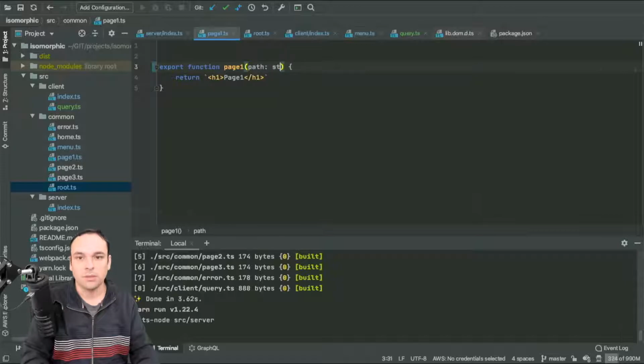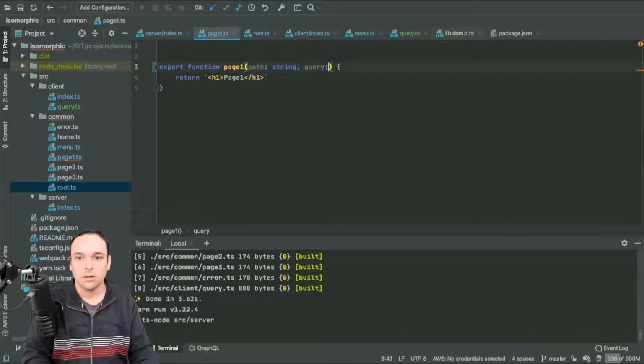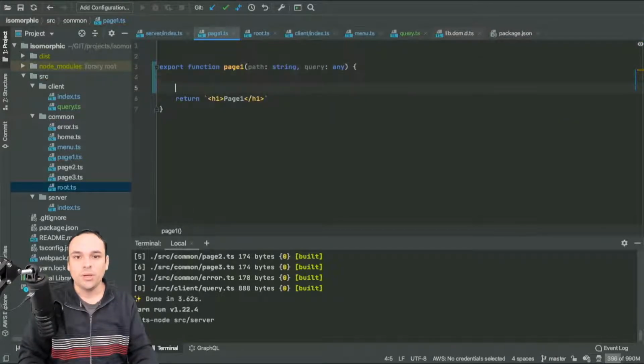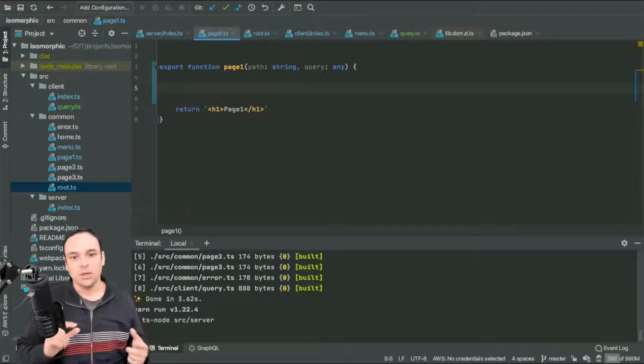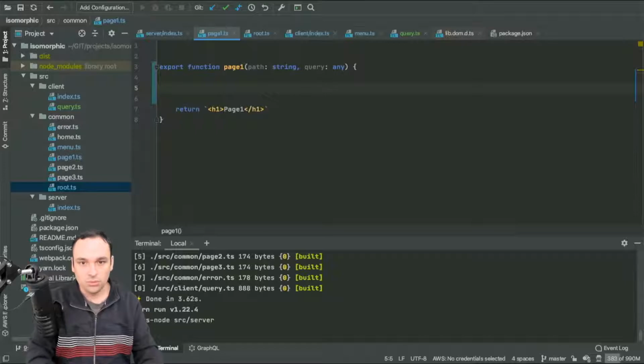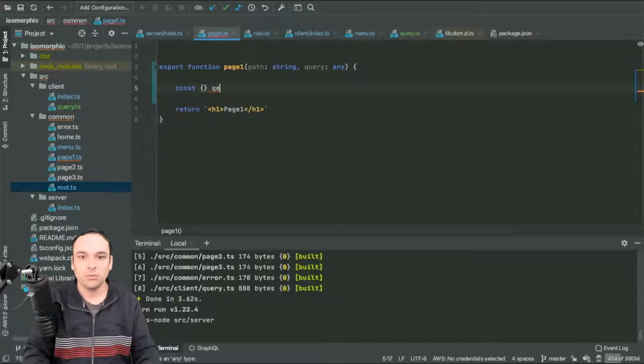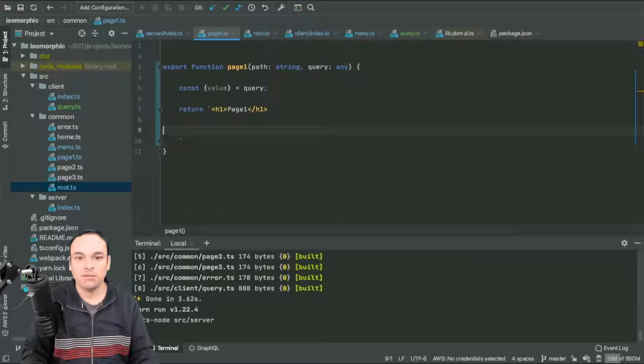So here I will get the path string and the query any. And we can start checking the information. So as I'm sending the value equals 0, I will be able to retrieve that value from the query. So I can destructure my query. I could destructure the query in the URL itself, but I can also do this here. So if I destructure my query, getting my value,